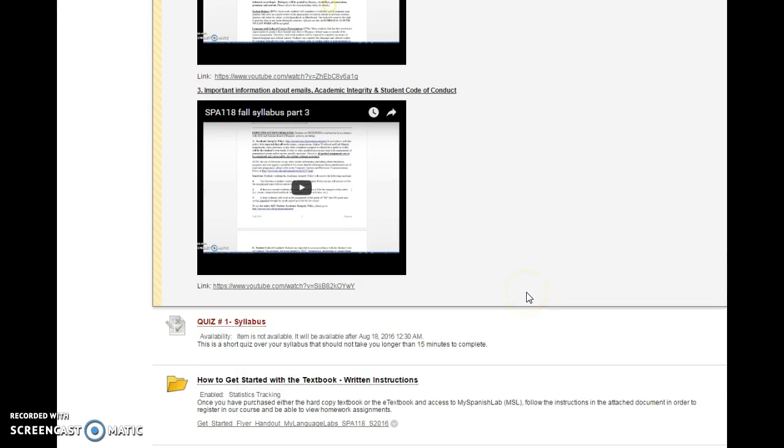Then what will appear underneath this, currently you will not see this. If you notice in the teacher's version, it will say item is not available. It will be available August 18th at 12:30 a.m. So your quiz over the syllabus will appear right underneath. And then how to get started with the textbook instructions, you can click in here,